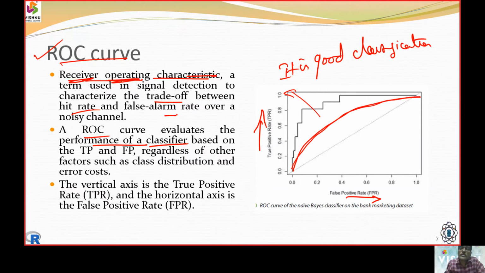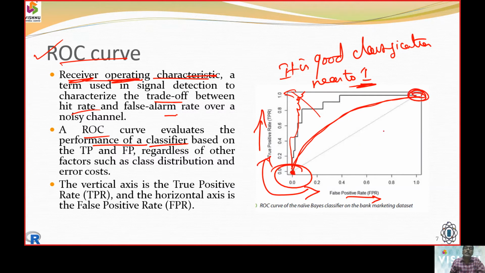So the true positive rate of a curve should be near to 1. If it is near to 1, then we are going to say it is good. Similarly, at this point, the false positive rate, or the true negative value, should be 0. And at the end point, the false positive rate is 1 and the true positive rate is 1. So the 1 and 1 coordinates and the 0 and 0 coordinates